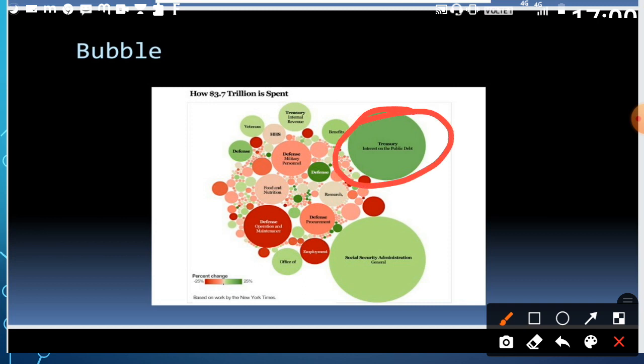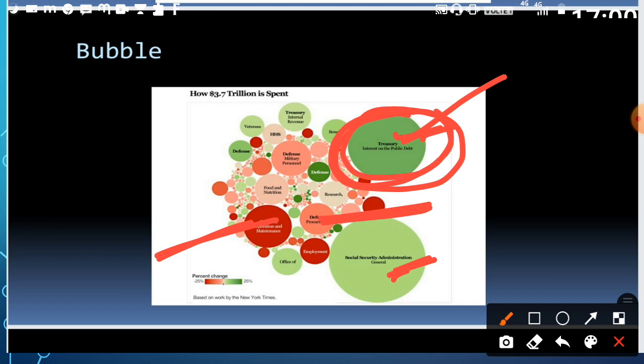Okay, so here we are taking more than three colors. This is light green, this is dark green, this is dark red, and this one, which color is it? I think light pink. Okay, there are several colors. Several colors mean several types of variables, right? And when I talk about their sizes, more in size means what? It's larger in quantity, and less in size means what? It's lesser in quantity. Okay, so I think the bubble chart is clear to you.